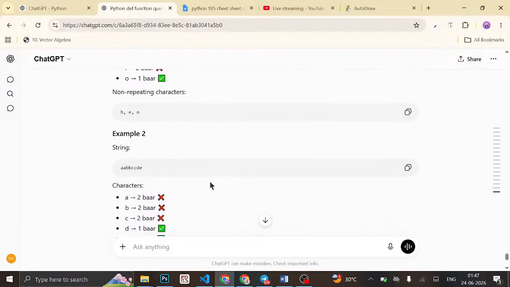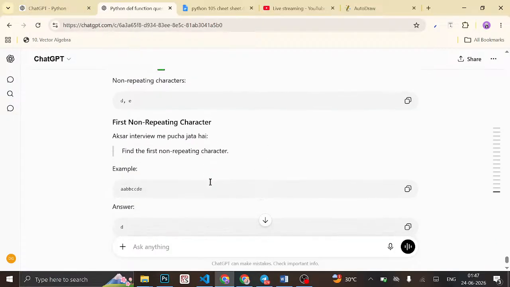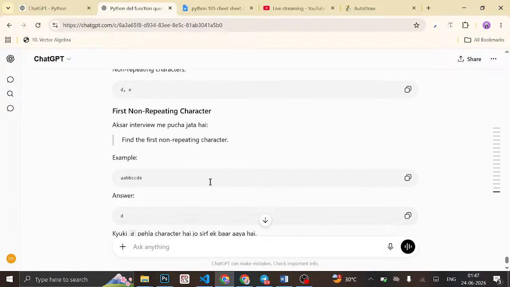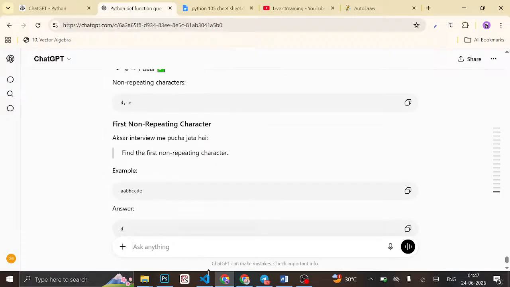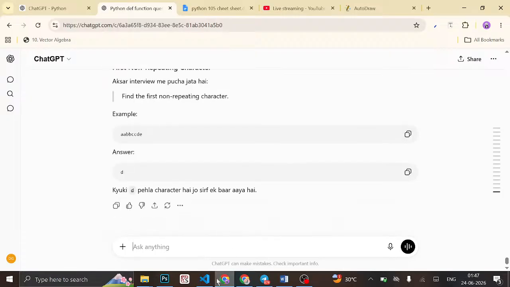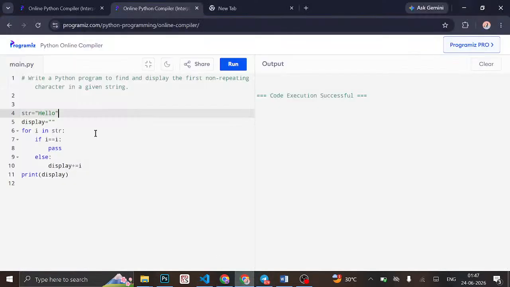नॉन रिपीटिंग कैरेक्टर। ओके, तो अक्सर फर्स्ट नॉन रिपीटिंग कैरेक्टर को हमें प्रिंट करना है, ओनली फर्स्ट। पहला नॉन रिपीटिंग कैरेक्टर हो जो रिपीट नहीं हुआ, हमारा एच, जो रिपीट नहीं हुआ तो एच को आप प्रिंट कर दो। ओके,